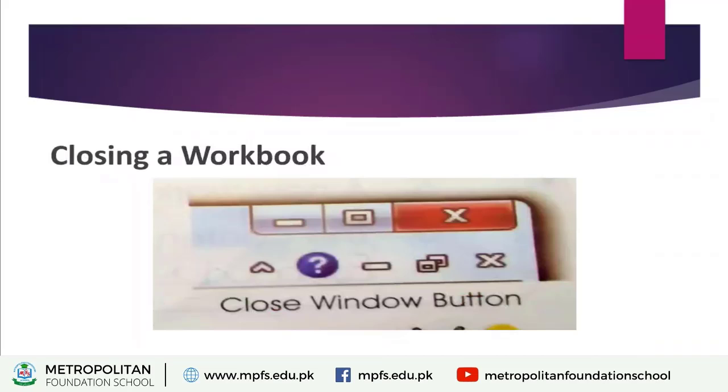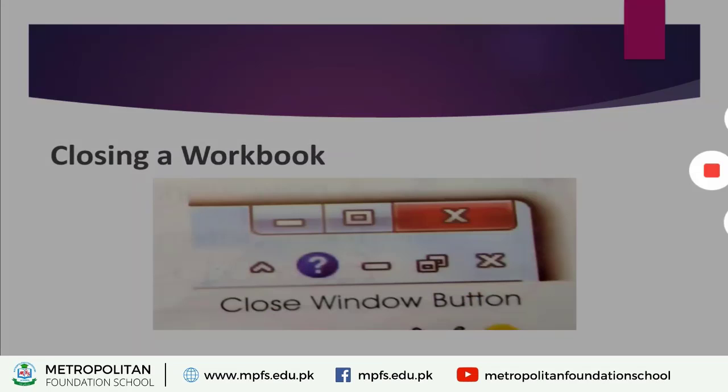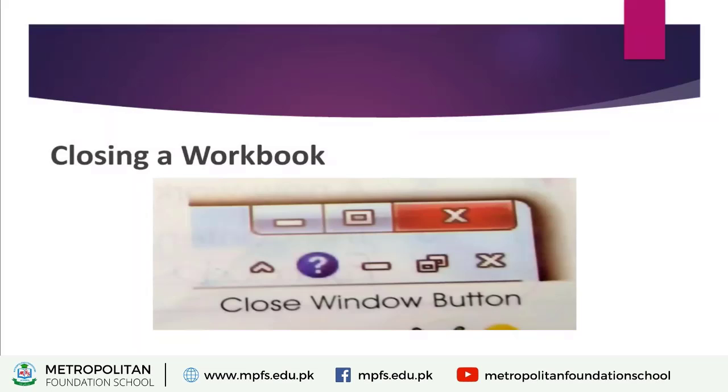To close a workbook, click the File tab and then click Close, or click the Close Window button in the upper right corner of the program window. Now we move to written work.